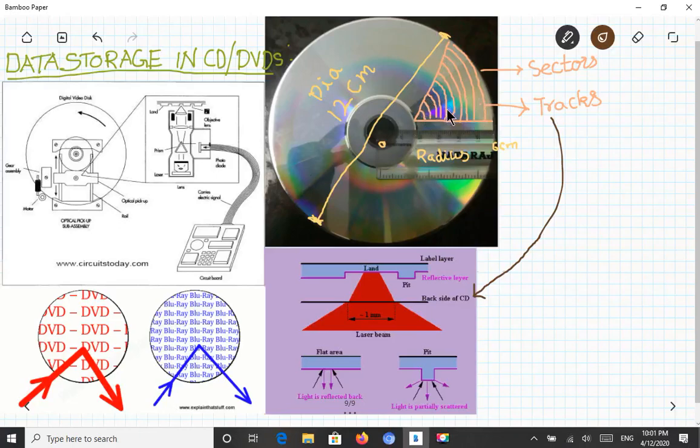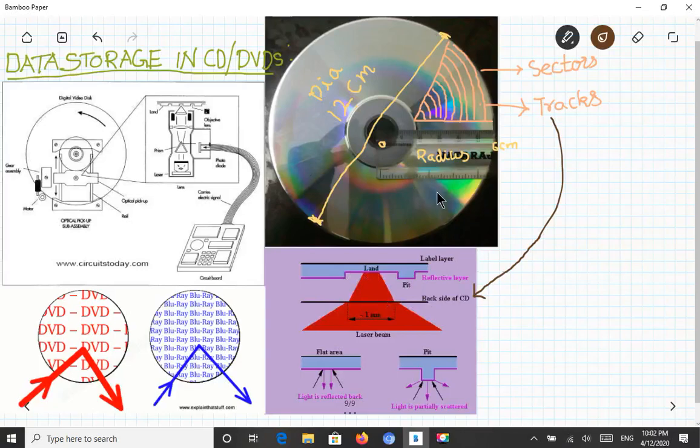This is an example track I am showing you, but there are n number of tracks. If you look very carefully and closely at the CD, these tracks will be visible. Each round, you can see a number of rounds like this, and each round is called a track. For example, I have shown these curvy lines, where each line is a track, and each track has this kind of internal picture.